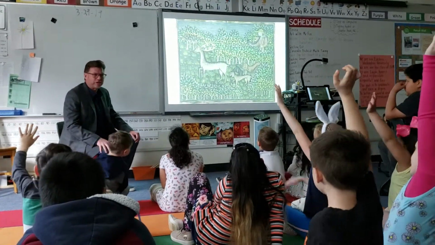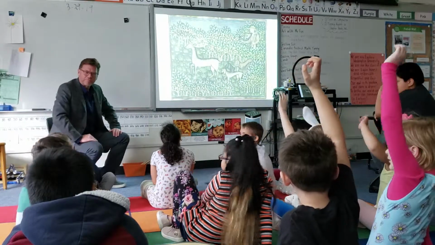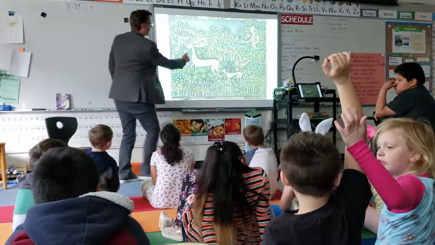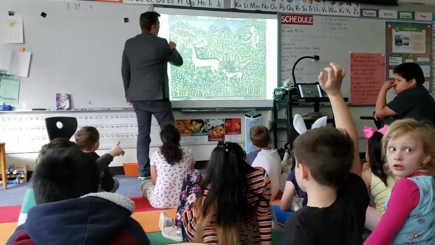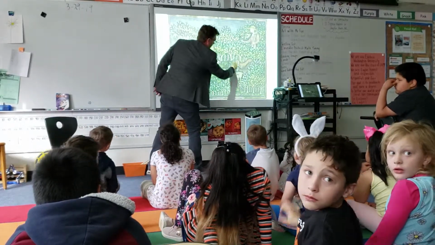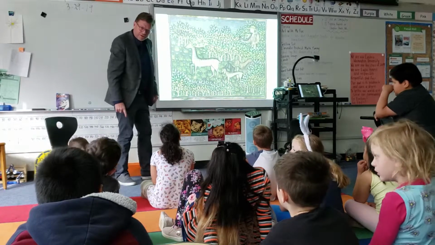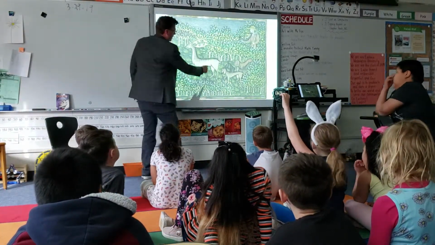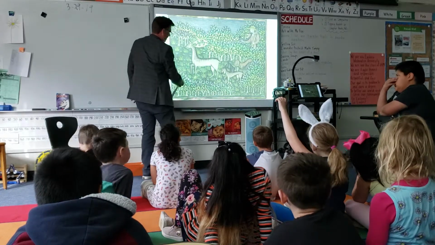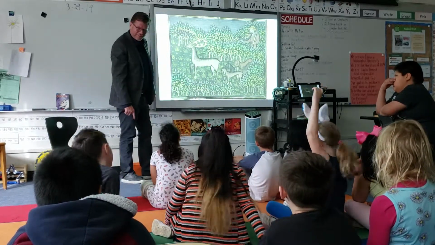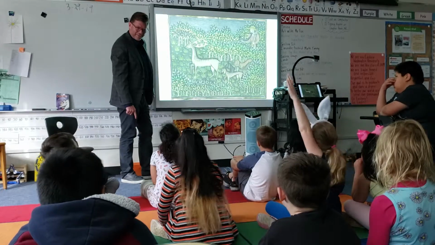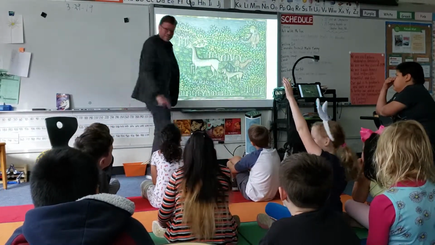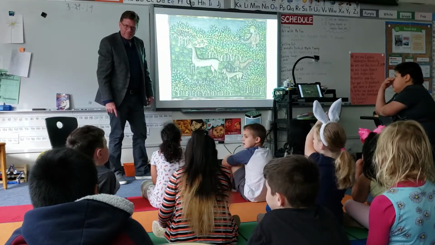What's going on in this picture? Yes, sir. I think going to the garden and those dogs, they look like they're not very nice and they're trying to hurt it because they don't want the deer to eat all their vegetables and stuff. And it looks like that guy over there blowing the horn is blowing it because he wants to